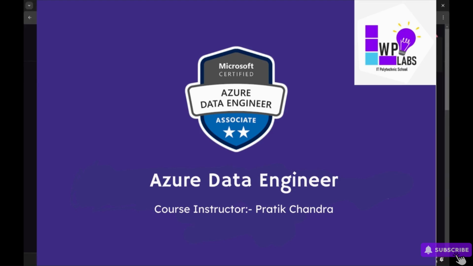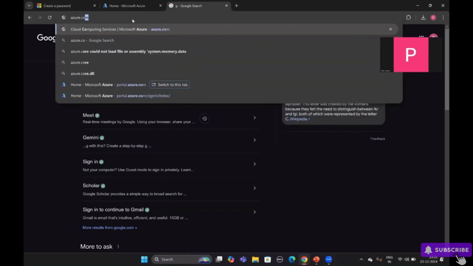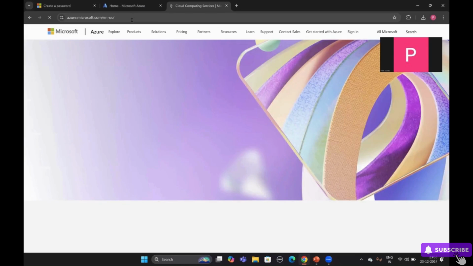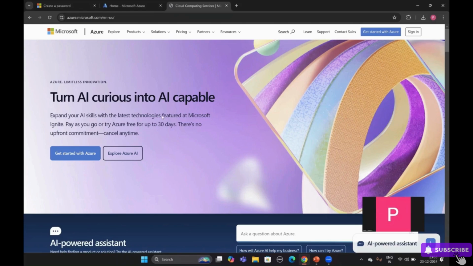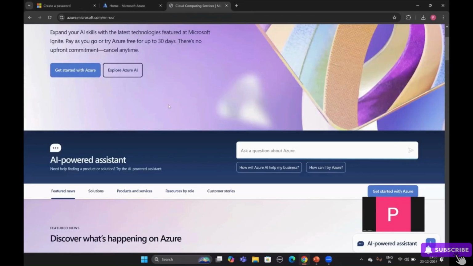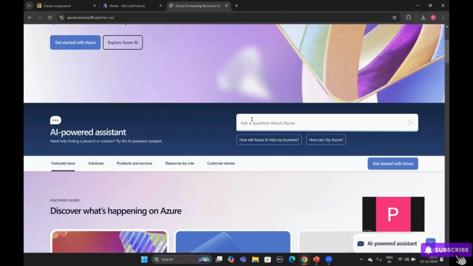So let's start. Open the Google Chrome page and just type in azure.com. As soon as you type azure.com, you can see now that the page has been loaded, right? Now over here, you can see that there are different tools and technologies in this website. There's an AI powered assistant, similar to a chatbot. You can ask some questions to Microsoft Azure, and if your query matches with the chatbot, then you will